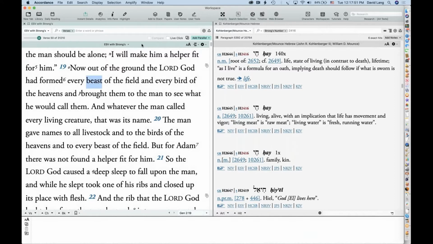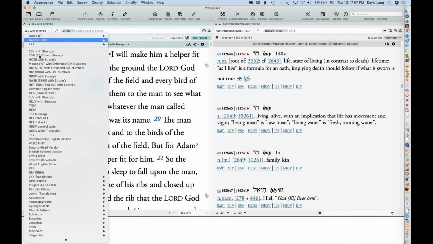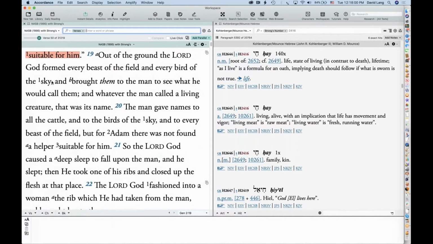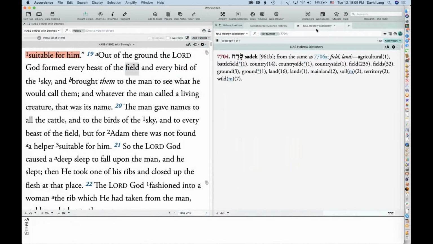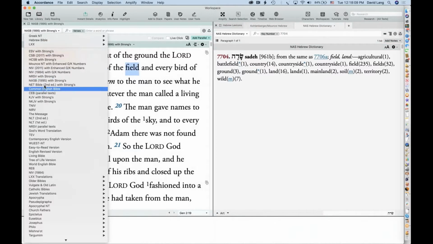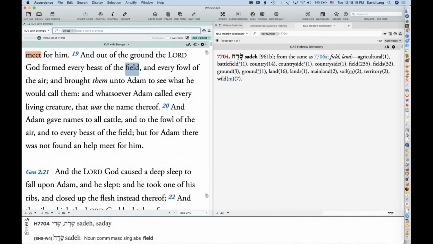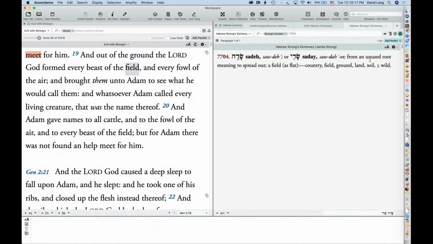So if I'm in the ESV with Strong's, it'll open up Kohlenberger Mounce's Hebrew Dictionary. If I'm in, say, NAS 95 with Strong's and I triple click, it will open up the NAS Hebrew Dictionary. If I'm in the King James with Strong's, it will open up the Hebrew Strong's Dictionary.